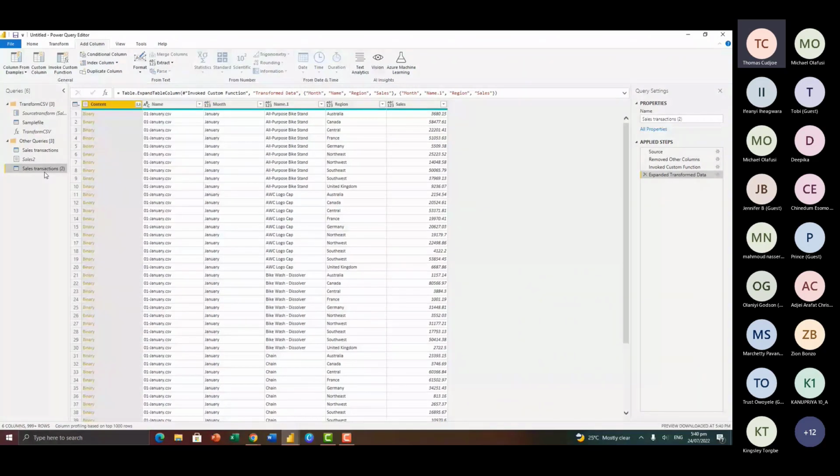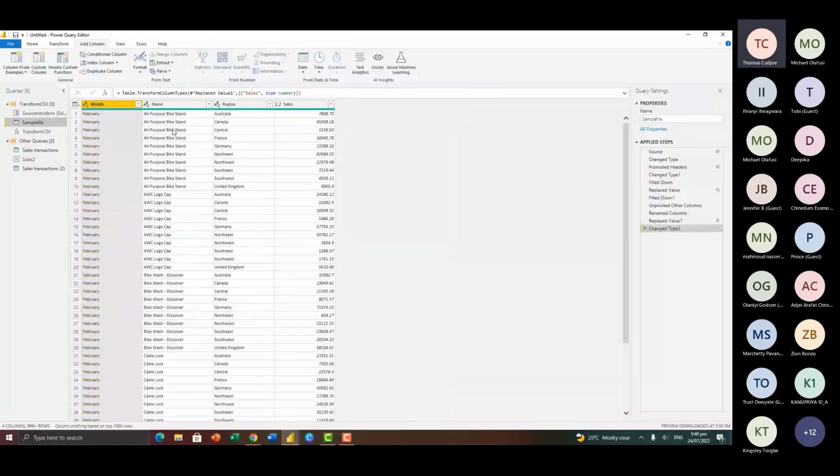Now let's do something small here. So here I want to aggregate this as much as I can. So maybe the analysis that we are going to do is going to be around the region and their total sales. So I want to be able to aggregate this. So I can group this by region and then sum the sales for each of the regions. I'm not interested in the granularity of this data. I just want to aggregate this. So here on the transform, I'll go to group by.